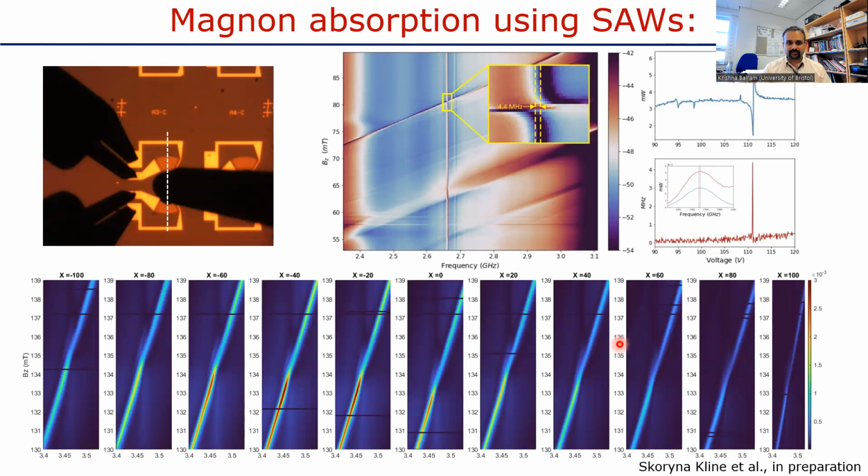So here are some preliminary results from our measurement. Once you have this magnon mode near the focus of this focusing IDT structure, you clearly see a frequency repulsion or an anti-crossing. But more importantly, you want to eliminate any sources of crosstalk. All of these devices radiate very weakly, so you get a lot of crosstalk effects. But the key thing that we wanted to see is that there is some spatial dependence. And this is what the bottom plot shows: you get a strong absorption signal only near the focus, which tells us very clearly that this is an acoustic wave effect.